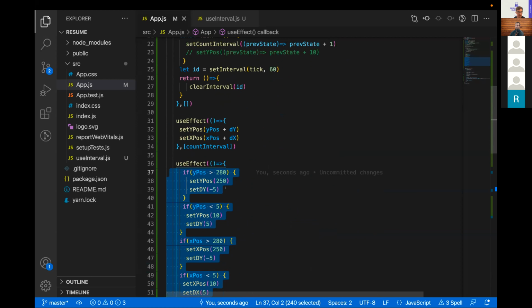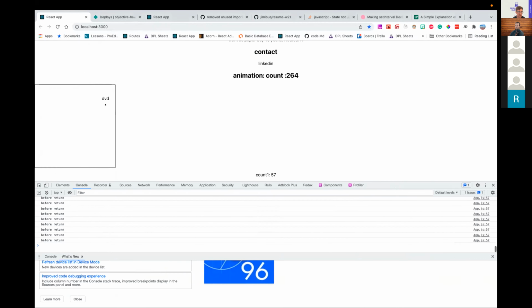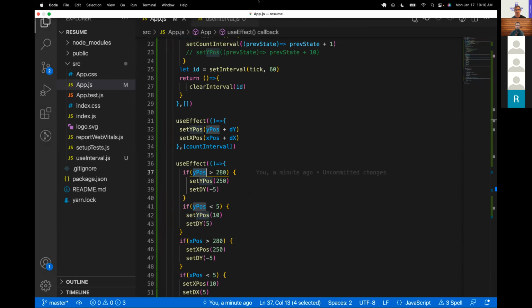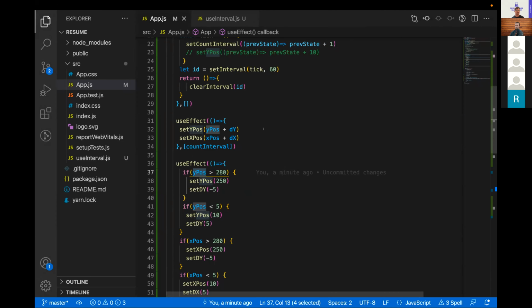It looks like the Y position is not getting set. Y position is less than 5. Yeah, I have. Do I just have some reverse logic going on somewhere? Cool. Anyway,